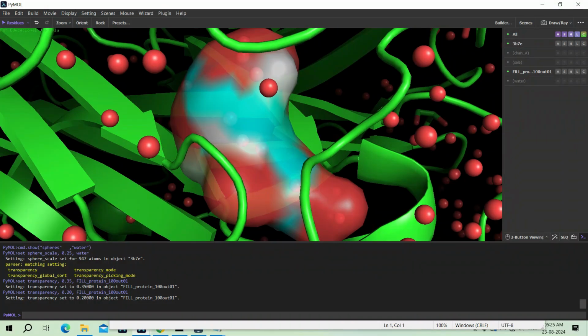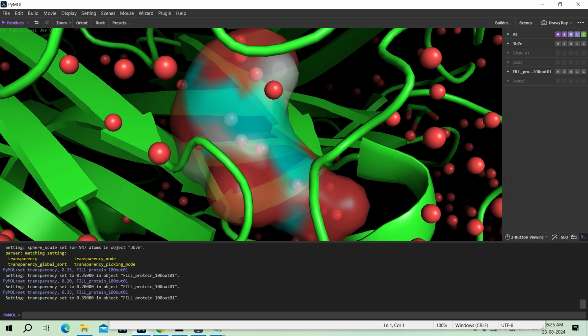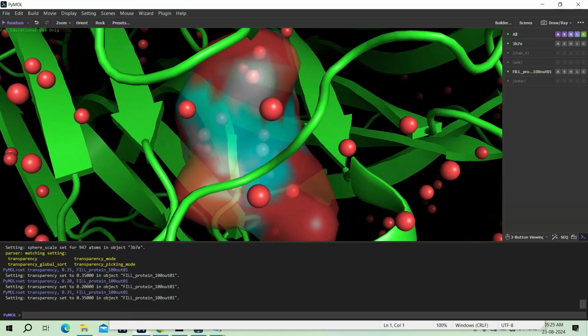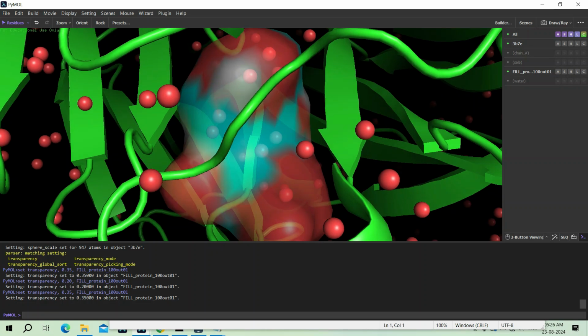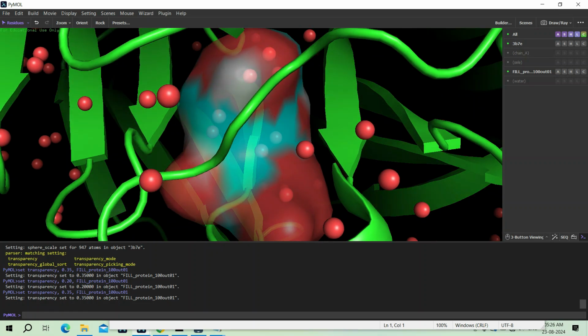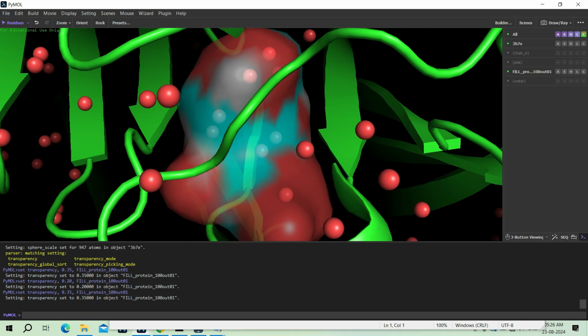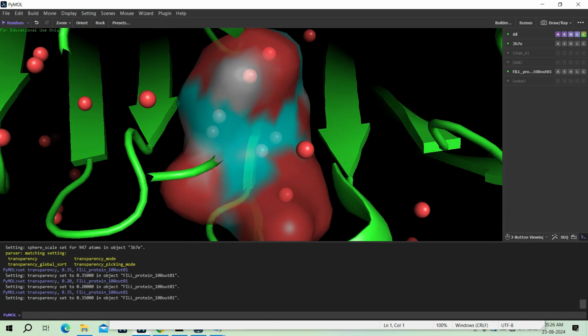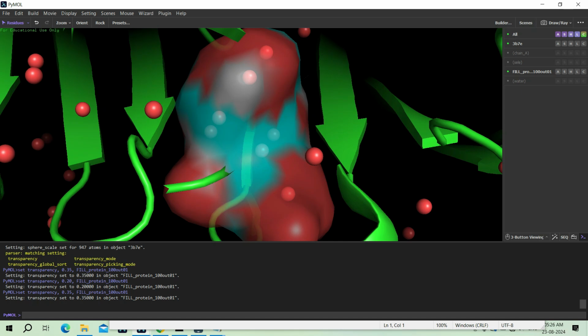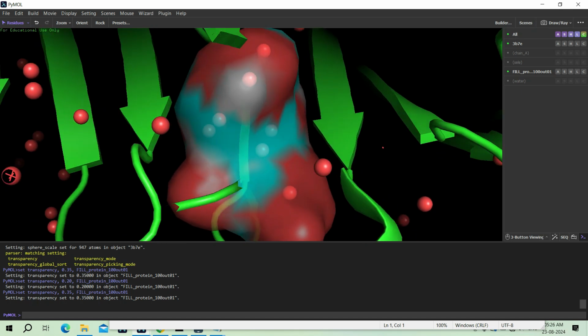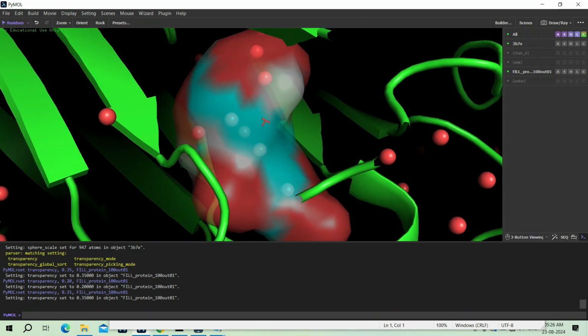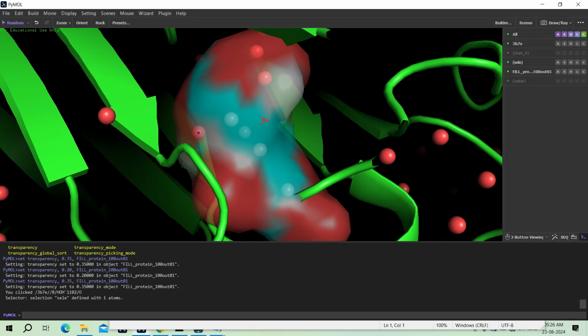So as you can see here, the surface representation consists of a significantly greater number of water molecules. So the surface encloses approximately 8 water molecules. So this is the first water molecule, this is second, third, fourth, fifth, sixth, seventh,